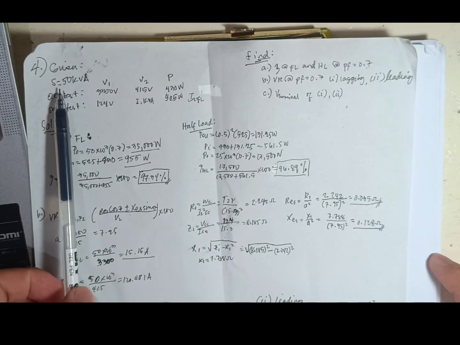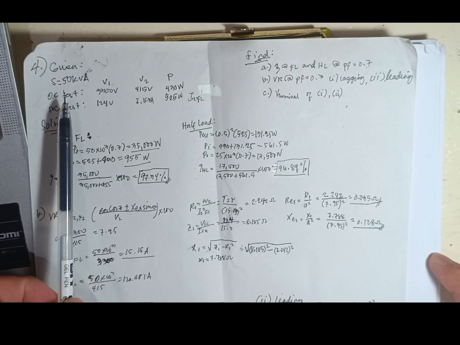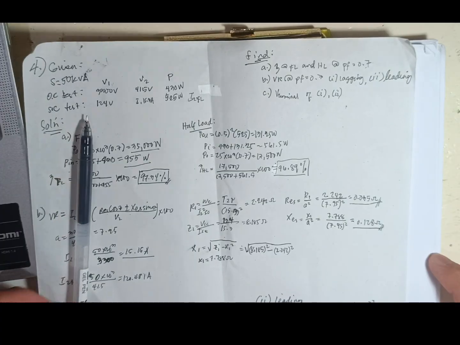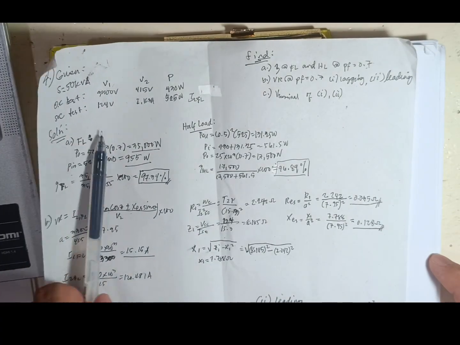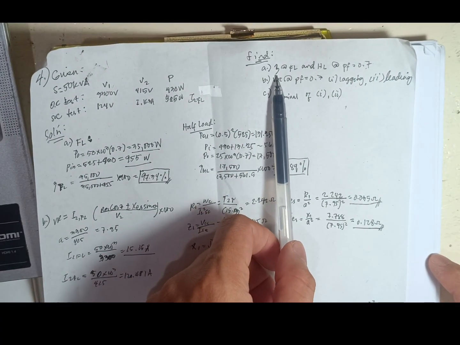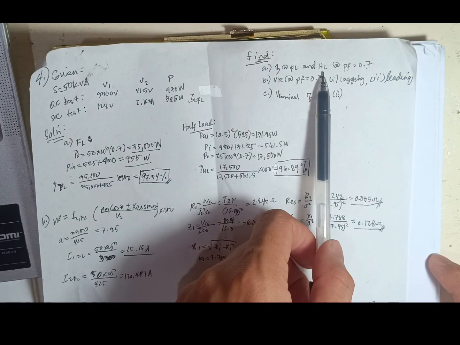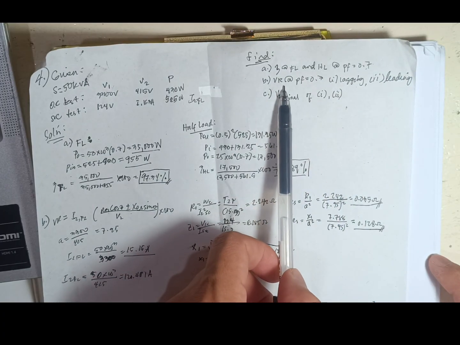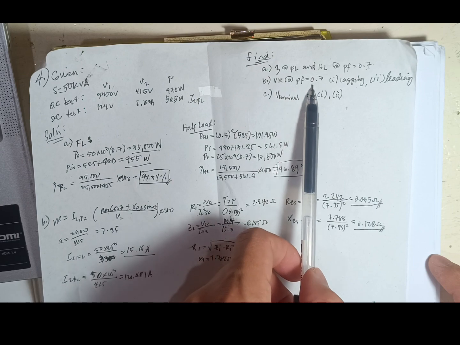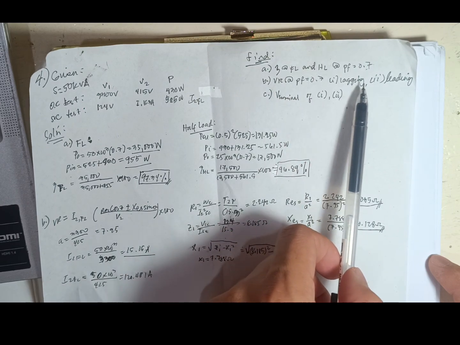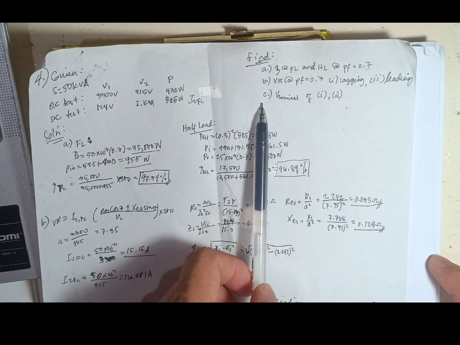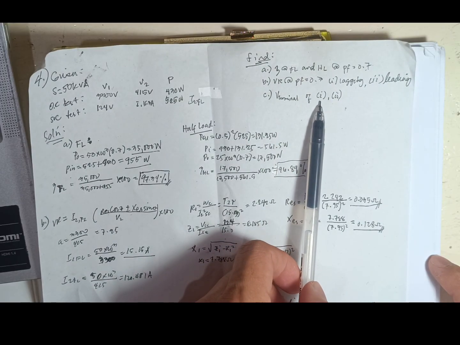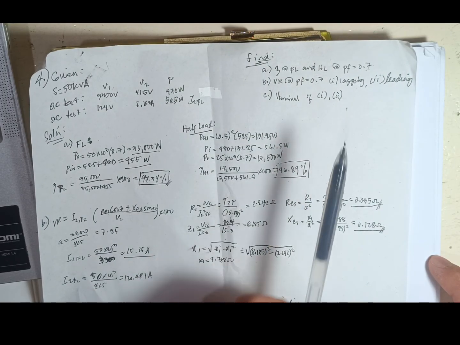Given an apparent power of 50 kVA, we have an open circuit test and a short circuit test. We need to find the efficiency at full load and at half load at power factor 0.7, then the voltage regulation at power factor 0.7, lagging and leading. Then part C is the terminal voltage of condition 1 and condition 2. So, solution: